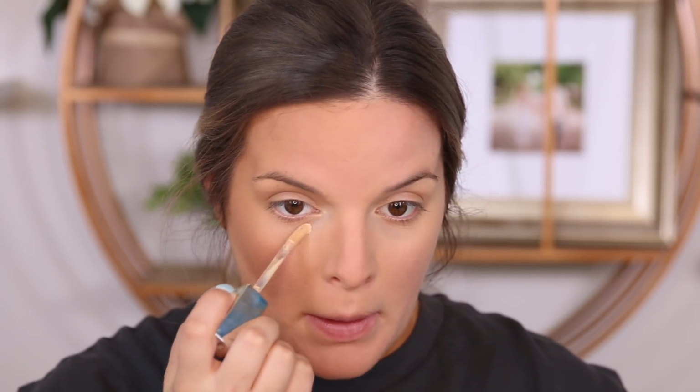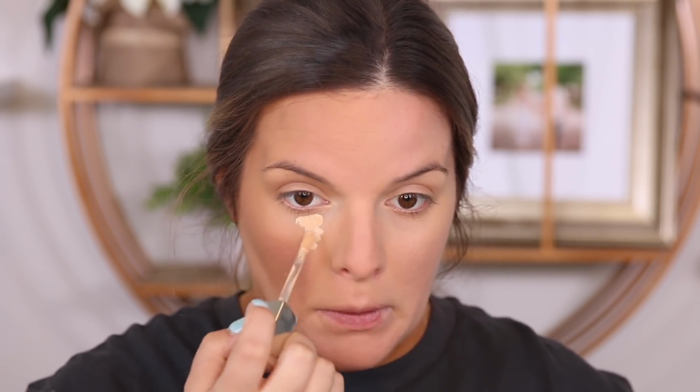If anything, you might be able to just do bronzer first and then do your under eye concealer after to help with anything. Let me see what that looks like. So what I'm going to do is add just a little bit more concealer. This concealer builds up really well. So I'm just going to see if I can apply some and make it look not so dark